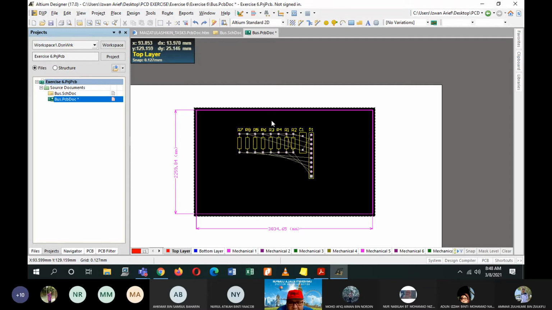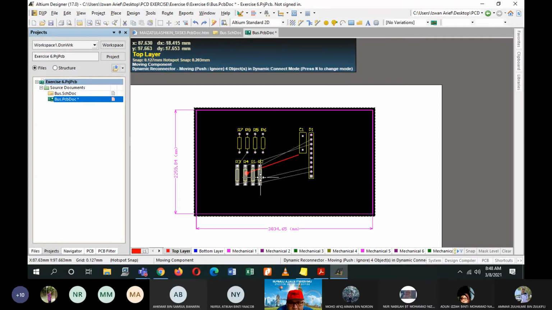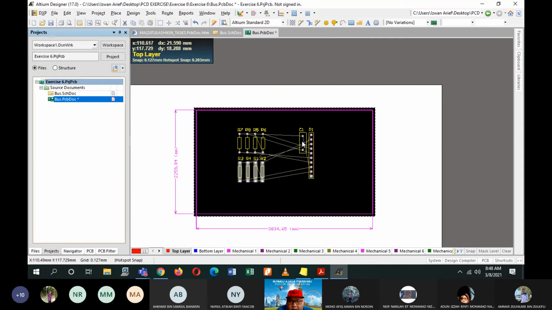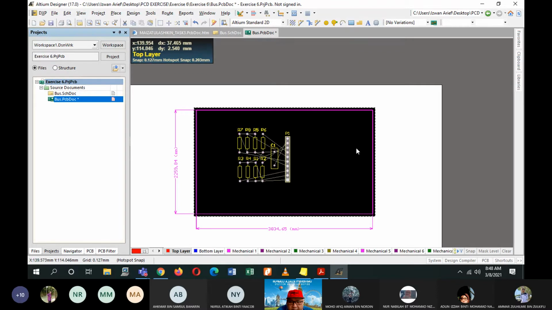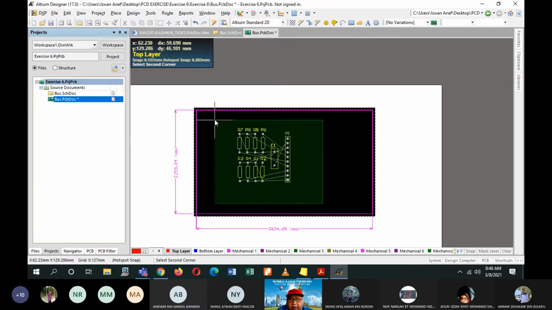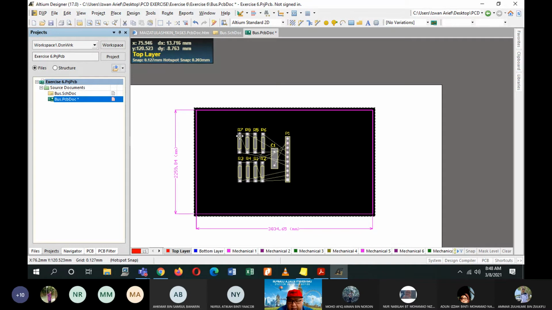I think I'll grab all of them together so that they are aligned. Okay, and place this here, and then these things over here. All right, so I'm happy with the arrangement of my circuits.